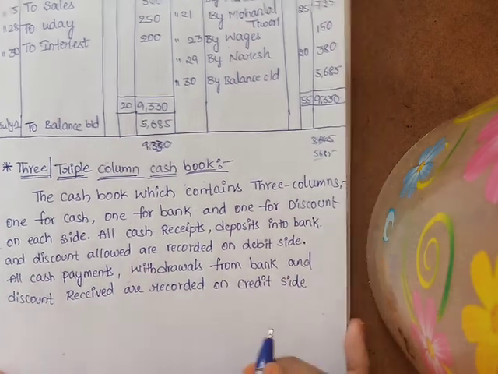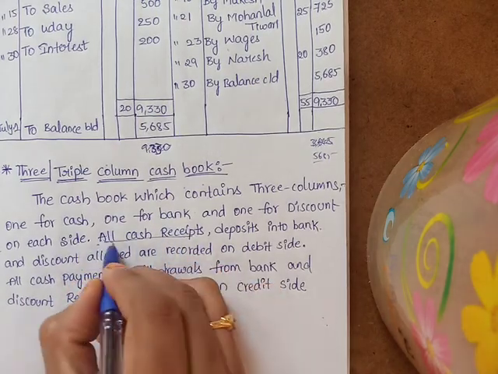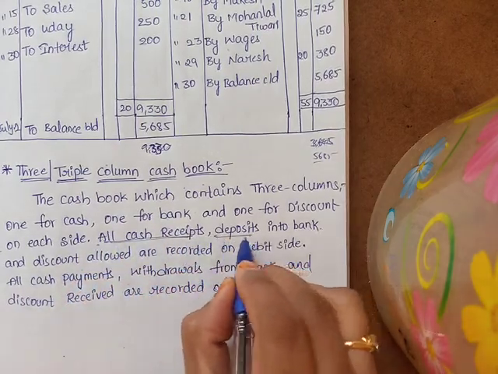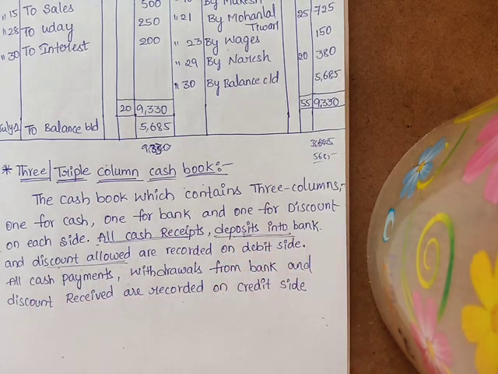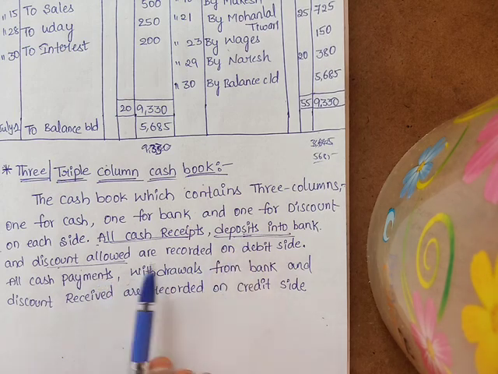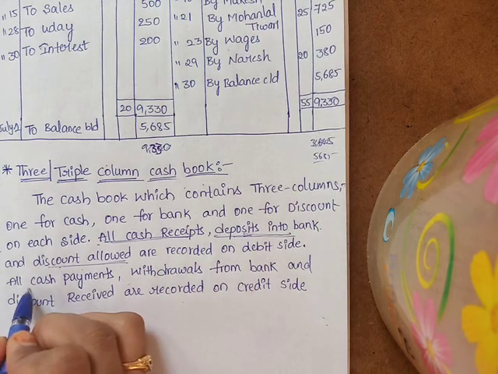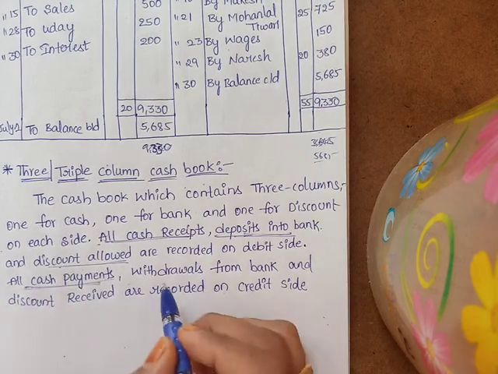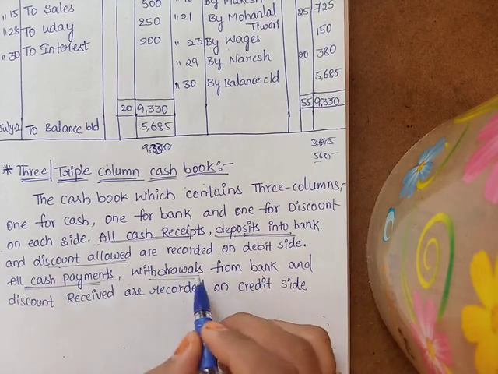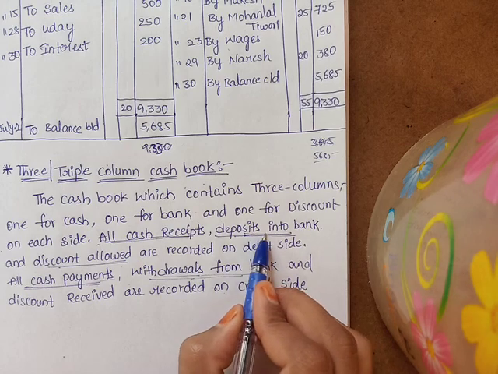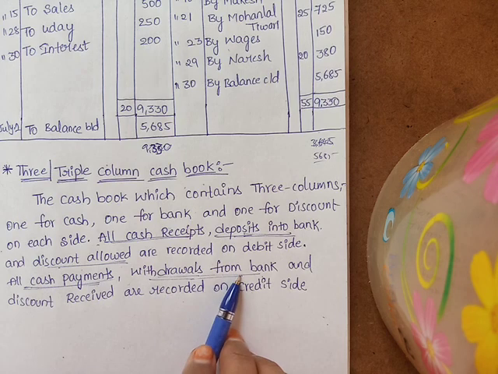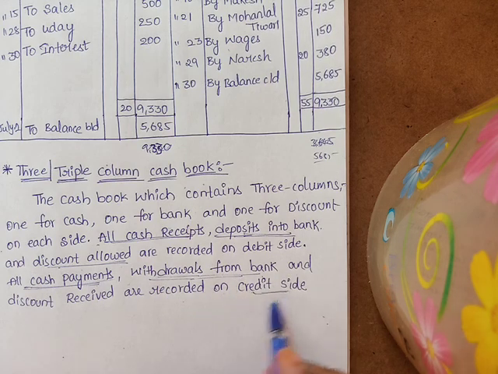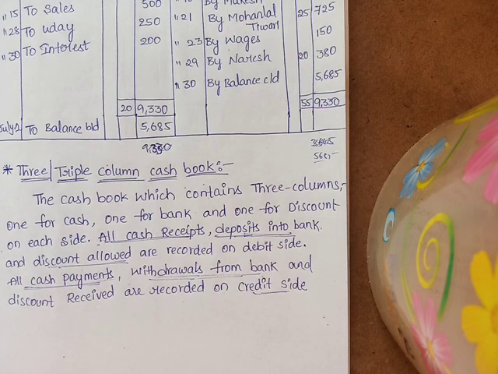Okay, these are very, very important. Remember that all cash receipts, any deposits made into the bank, and discount allowed are recorded on which side? On the debit side. Next is all cash payments, any withdrawals from bank. Okay, deposits into bank will come under the debit side, and any withdrawals from bank will come under the credit side, and any discount received is recorded on the credit side. Okay,